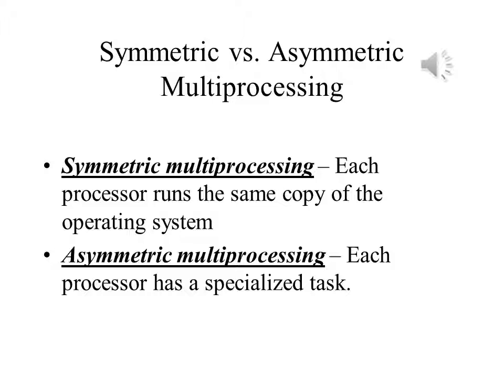When talking about multiprocessing, it can be either symmetric or asymmetric. Symmetric multiprocessing assumes that each processor is running the same copy of the same operating system. Further, it is assumed that any one of these processors can run any of the same tasks that any other processor is running. Any one of them can be replaced by any of the others. Asymmetric multiprocessing is a different story, where each processor has a specialized task, and you may not have a situation where a given processor can be replaced by another one within the same system.